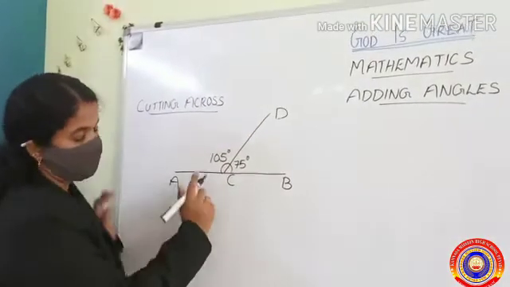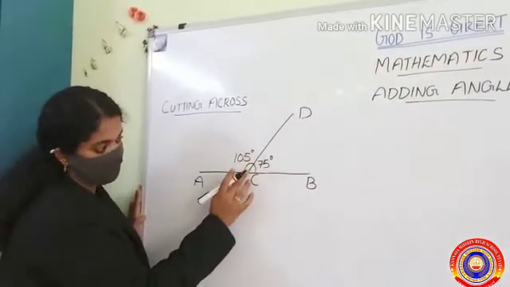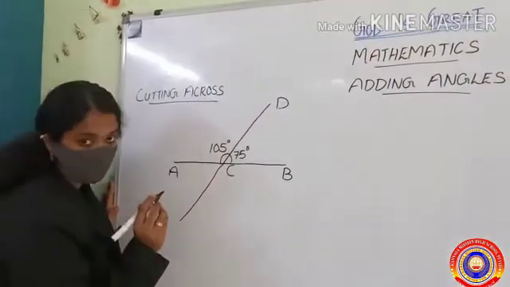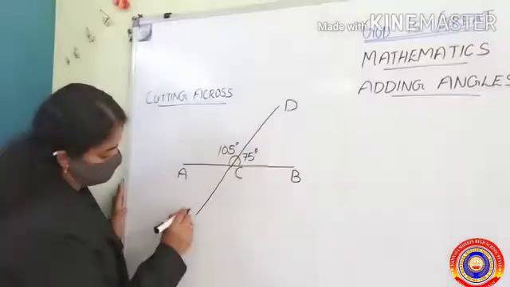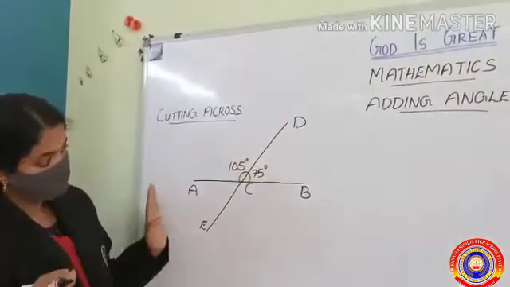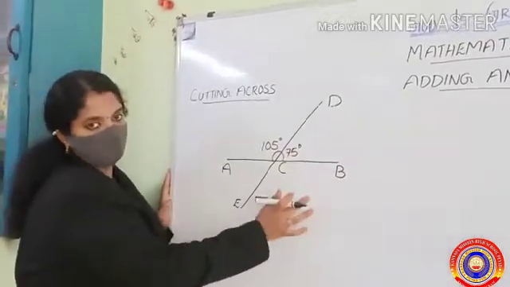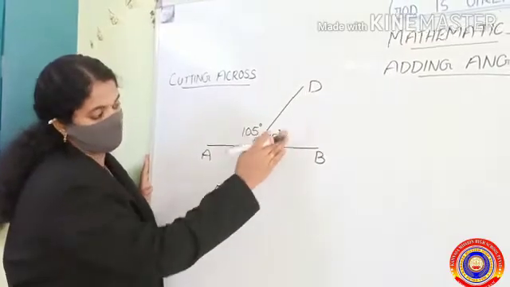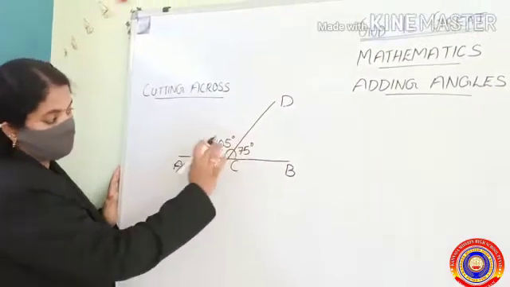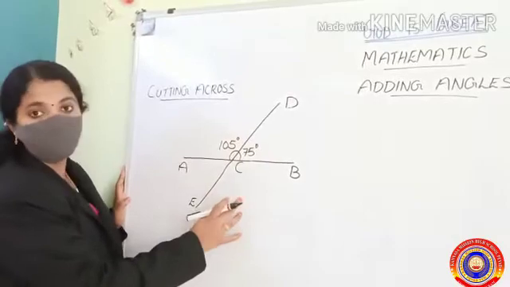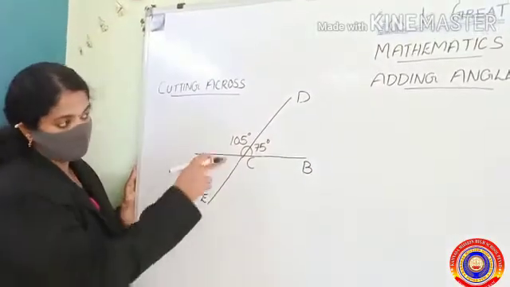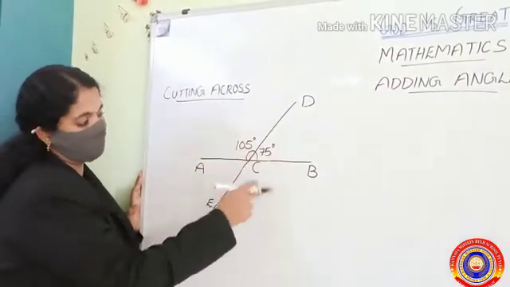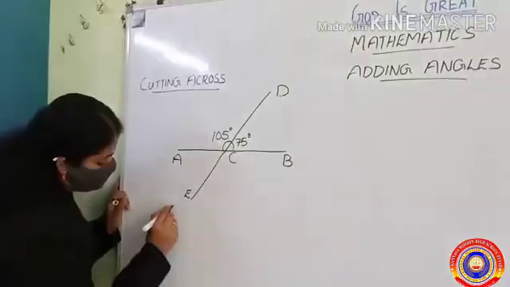Suppose we extend the upper line downwards, that is, we are extending the line downwards and name it as E. Now, there are two more angles underneath AB. The angle at the top and the bottom on the left side of the slanted line form a linear pair. There is such a linear pair on the right side also. So, here we want to find the other two angles.